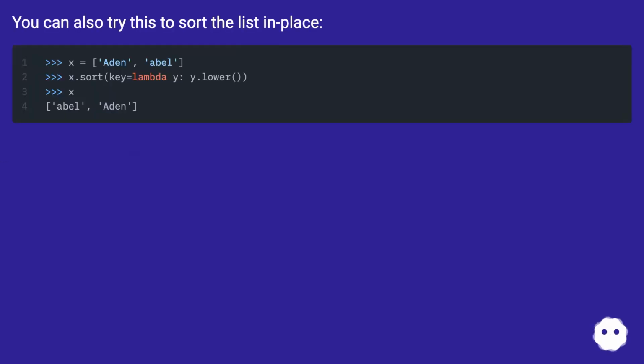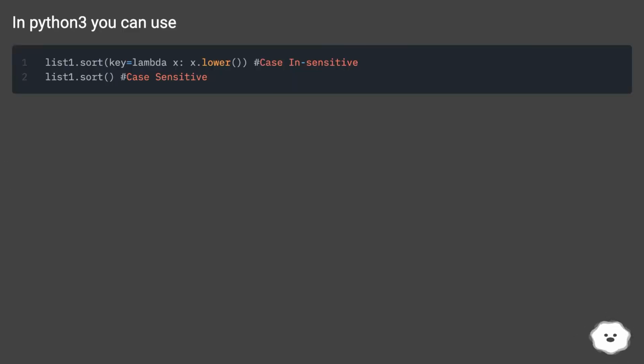You can also try this to sort the list in place. In Python 3 you can use